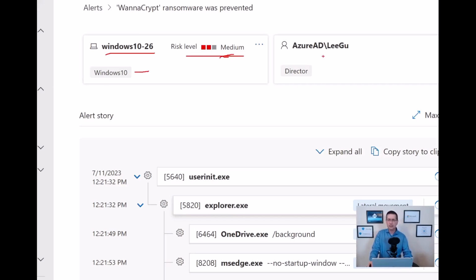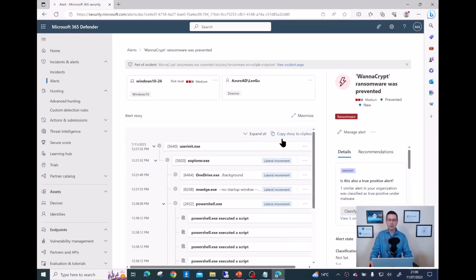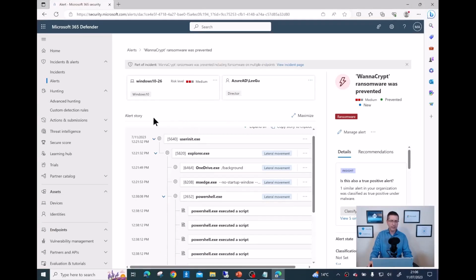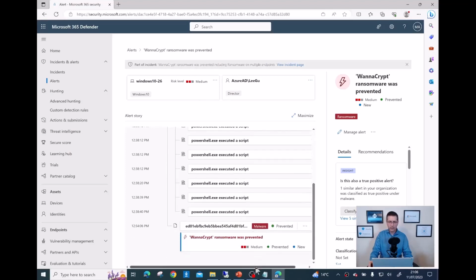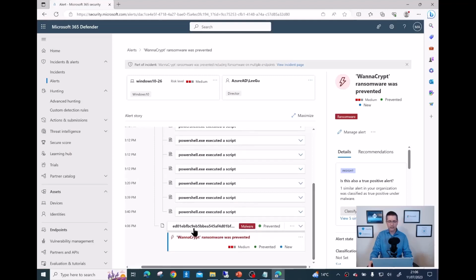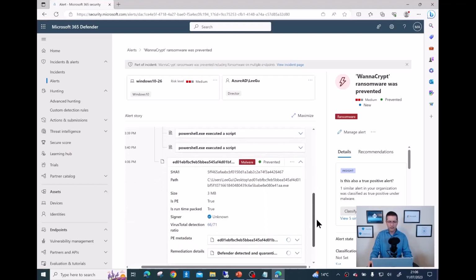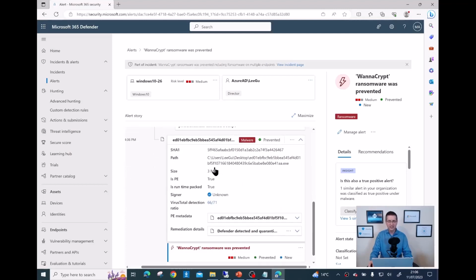This is just a tag. Also very important is always knowing who the user of that device is. That's interesting: Li Yu is one of the company's directors, and somehow got the ransomware. Anyway, now here I can see the whole story, all the processes and so on. But what I'm really looking for is the WannaCry payload. If I expand it in here, just to prove it to you, if you remember, I tried a few seconds ago to drag and drop